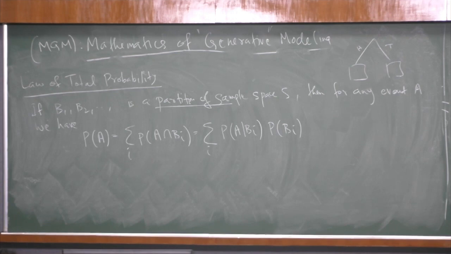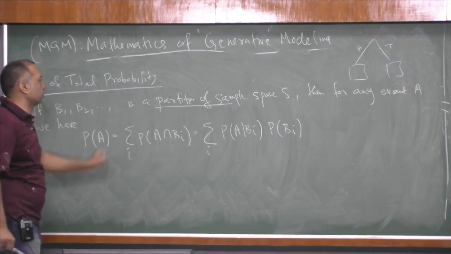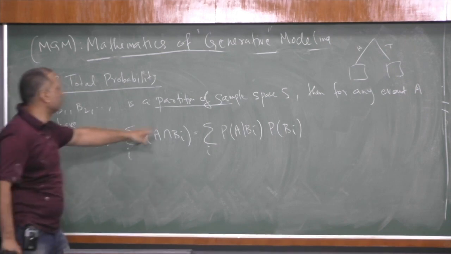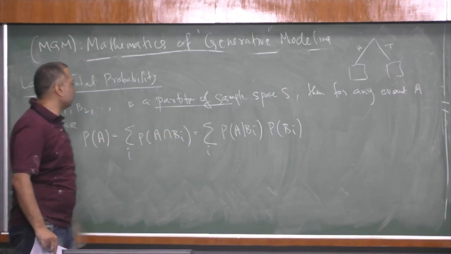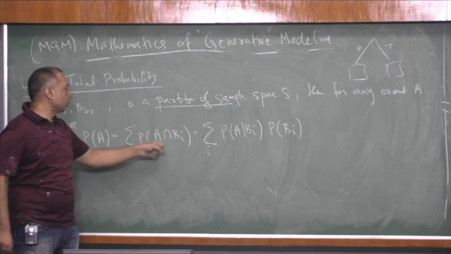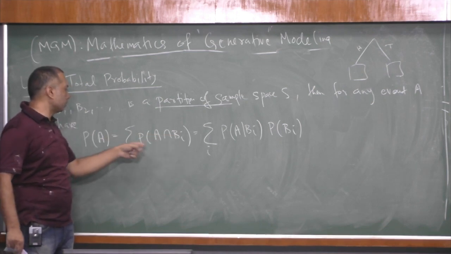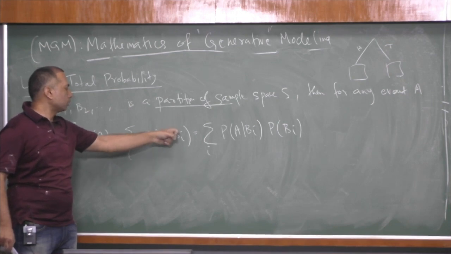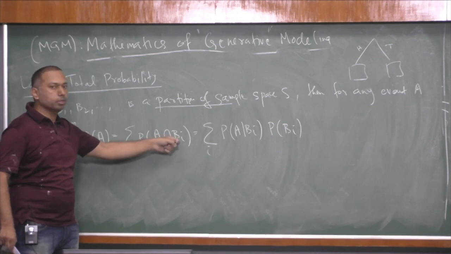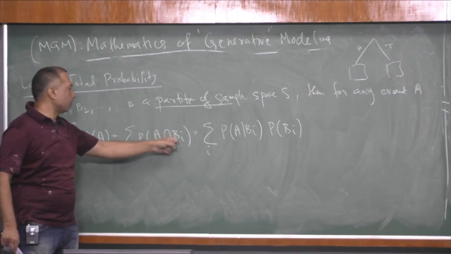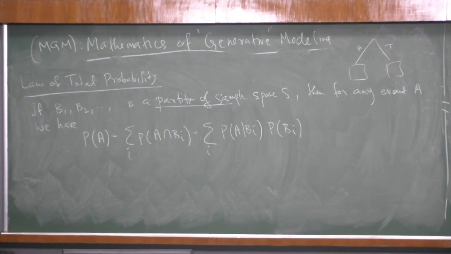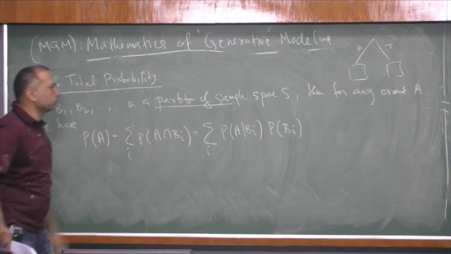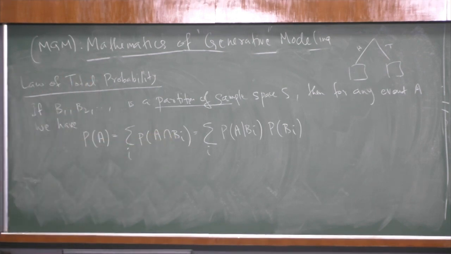So this is called the law of total probability. The important thing is that the Bi should be a partition of the sample space, and the reason is that nothing should be left out from A. If I am summing over this and intersecting with the Bi, the union of these is the sample space, so I am not leaving out anything. And the Bi do not have repetitive elements because they don't intersect, so I am not doing any double counting either. That's an intuitive way to understand things here.